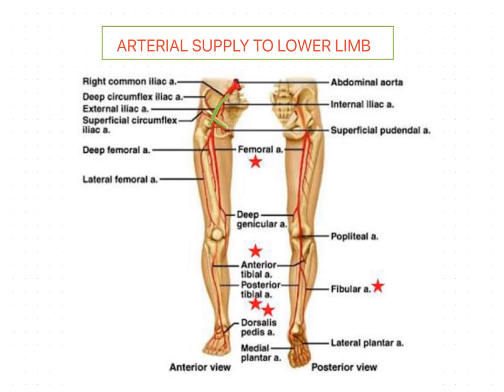It begins at the mid-inguinal point. And it descends into the anterior compartment, and it is covered by the femoral sheath, and it is present in the femoral triangle, and then it